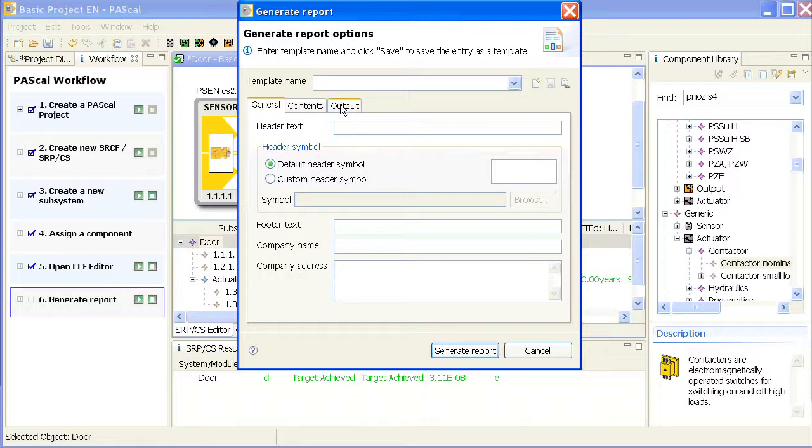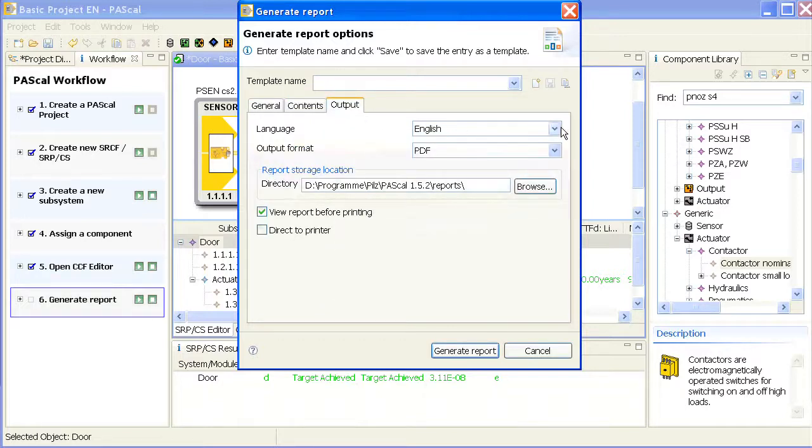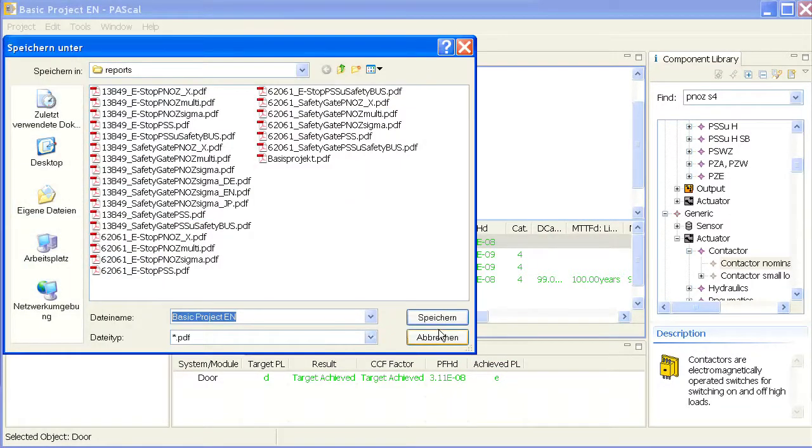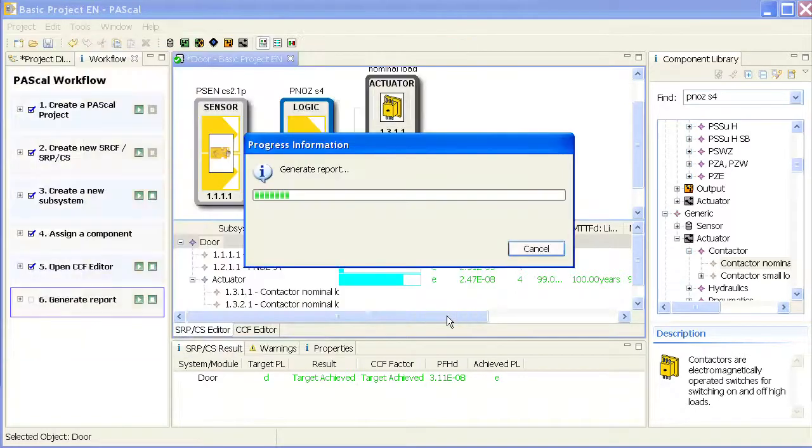One trick is I can select the output language, which will use all the information from the libraries given plus the framework of the report. Right now it's set to English, so I will use it in English and generate a report. So here, basic project will generate a PDF. That might take a moment,